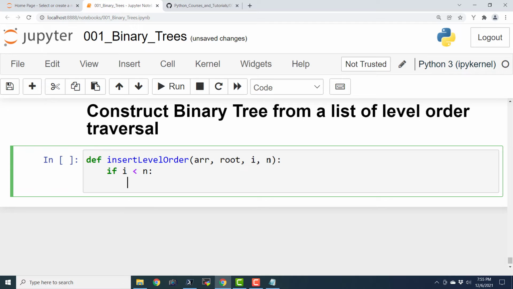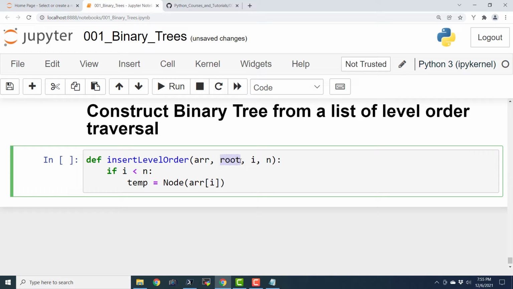We are basically going to use the recursion. We are going to call this function within itself. Temp equals node of ARR of I. Here ARR is the name of the array that stores the level order traversal of that particular tree.